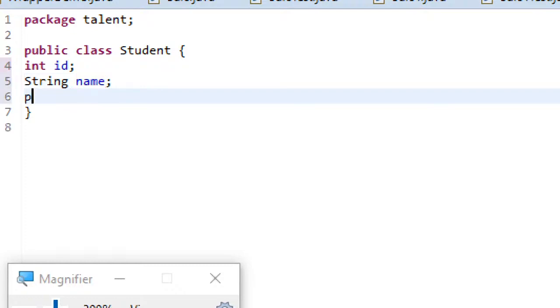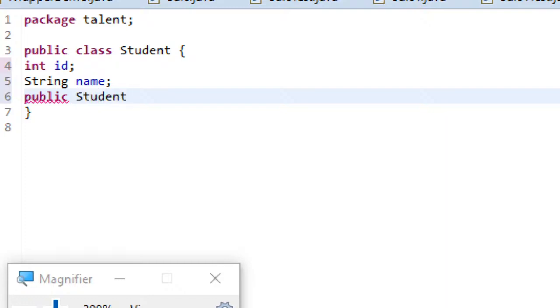Then let us use the constructor, because whenever you are going for serialization, you must make sure that you have public constructors, so that you can restore this object from any package, because by making it public you can have these things accessible from anywhere.